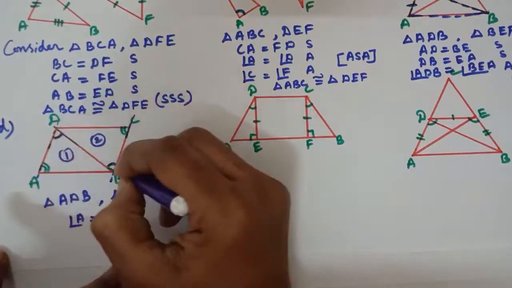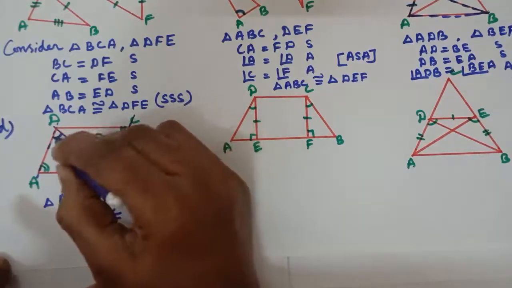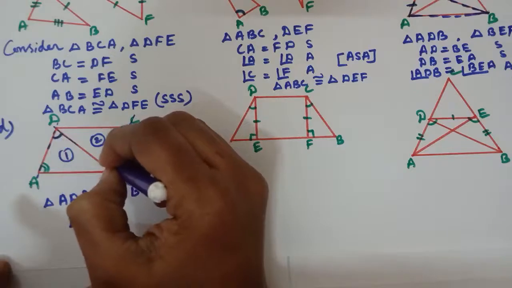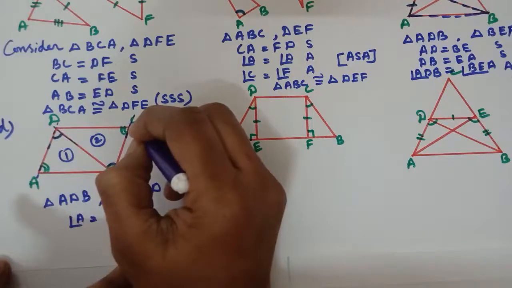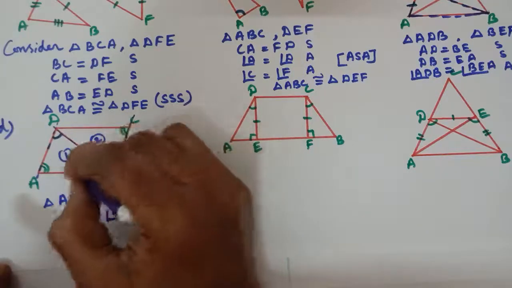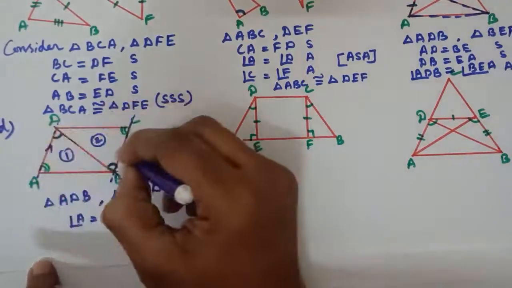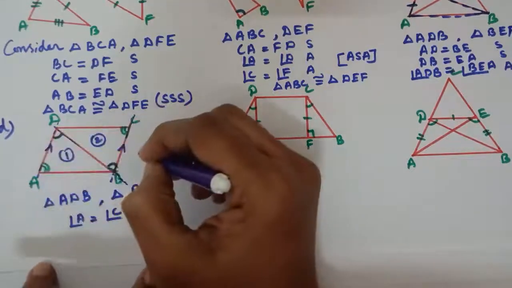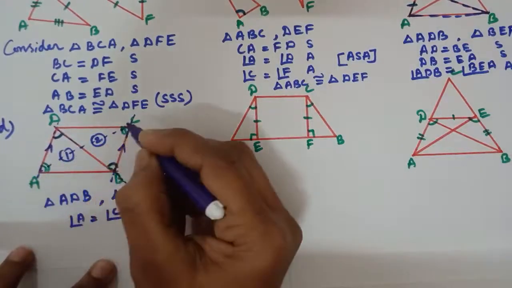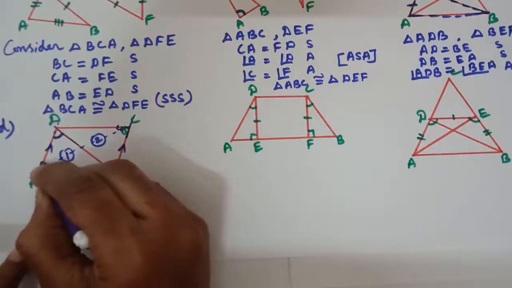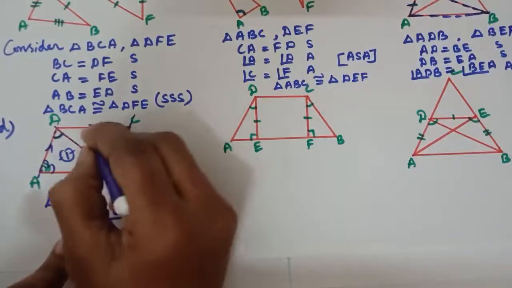These two angles are equal, then it will be alternate interior angle. So alternate interior angles are equal. We are given with alternate interior angles are equal. Then these two lines will be parallel line. So these two lines are parallel line. Here, if you construct diagonal here, then this angle will be equal to this angle, this angle will be equal to this angle. Alternate interior angles are equal. So we can say these two lines are parallel.